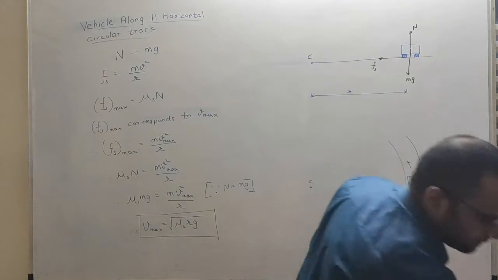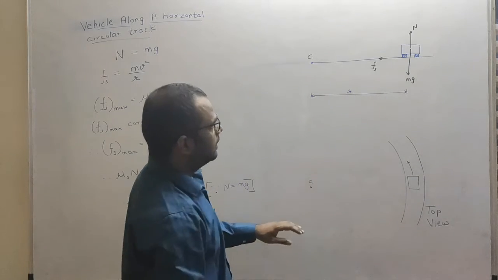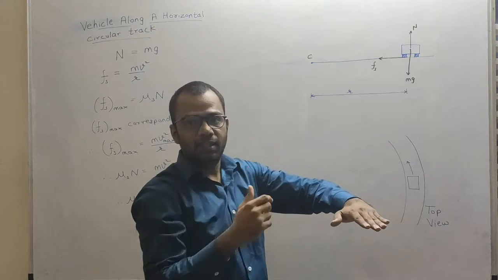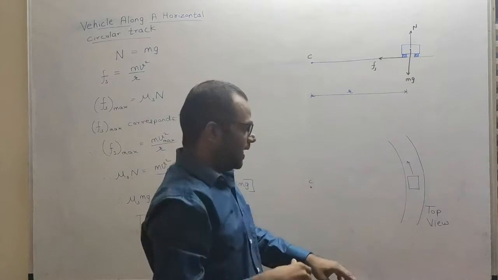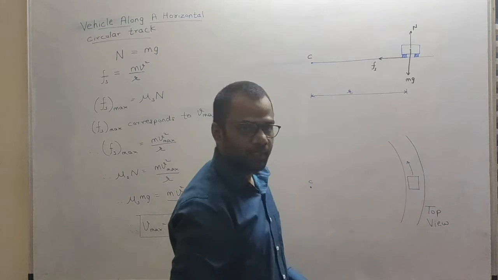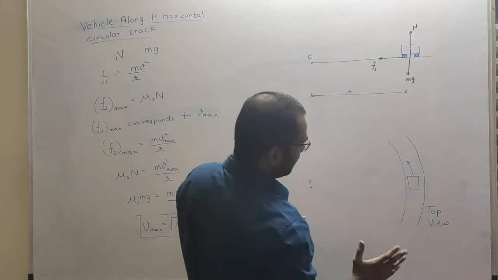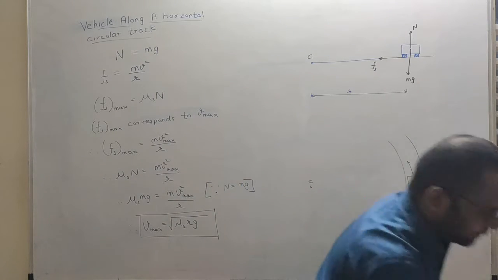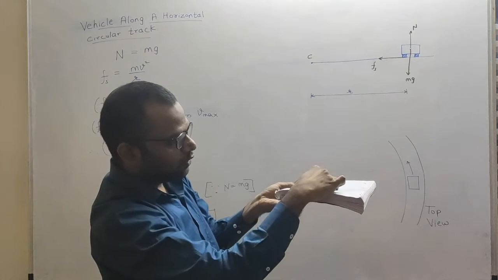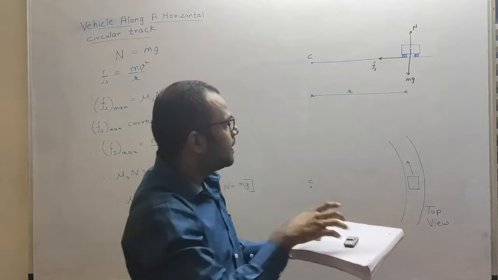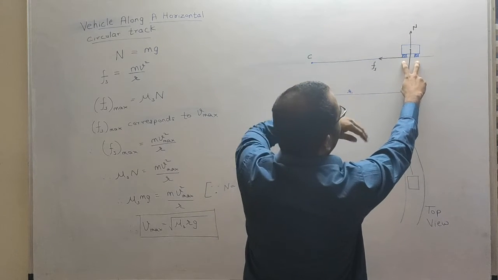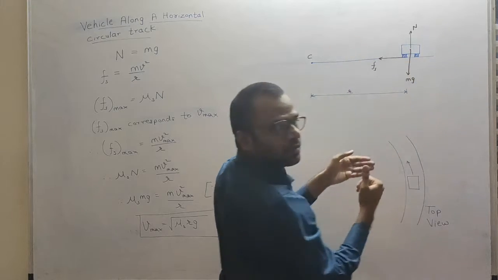Now, as I have shown you over here, this is the top view of the vehicle. That means this is the bird's eye view. If somebody is looking at the vehicle from the top, they will see this vehicle like this and the circular part of the road like this. Now if I look at it from the side view, you will see the two wheels of the vehicle. So this is the side view. These are the two wheels of the vehicle, and the front two wheels will be in front of them.